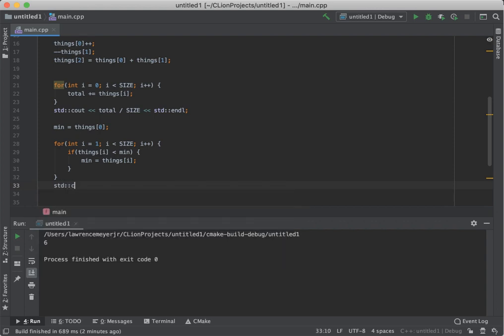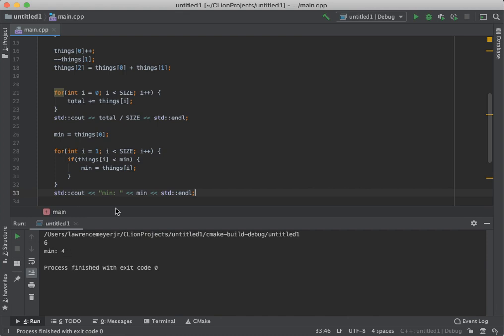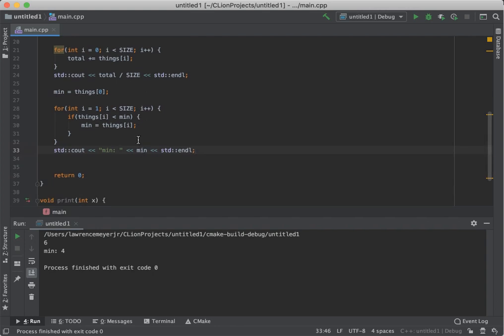So if we wanted to, and our minimum value is 4, which kind of makes sense based on all the things that we've been screwing around with. So there you go. You can now run through your value set and find the smallest possible value. If you turn things around, you've got the highest possible value. You've got a maximum value by setting it to equal to 0, and instead of checking for less than, check for greater than. And that gives you the easiest way to start manipulating your programs and your values inside an